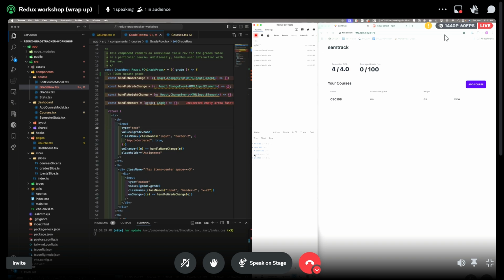We can do const average GPA. I'm just going to use destructure, average grade in percentage is equal to, and I'm going to delete these ones. We can use the use selector, and then inside the selector, we want to take the state. And this time, instead of returning a specific state directly, we're just going to do our computation within the selector. So we can do return